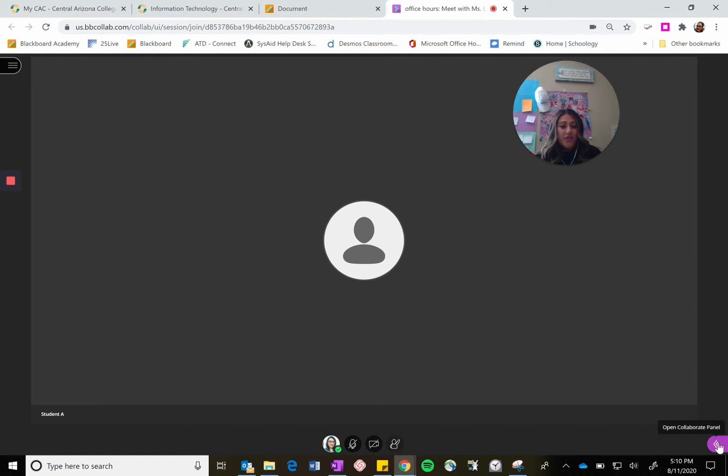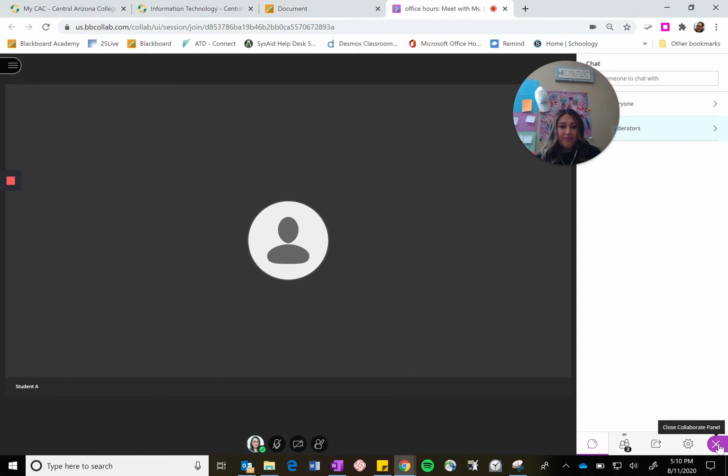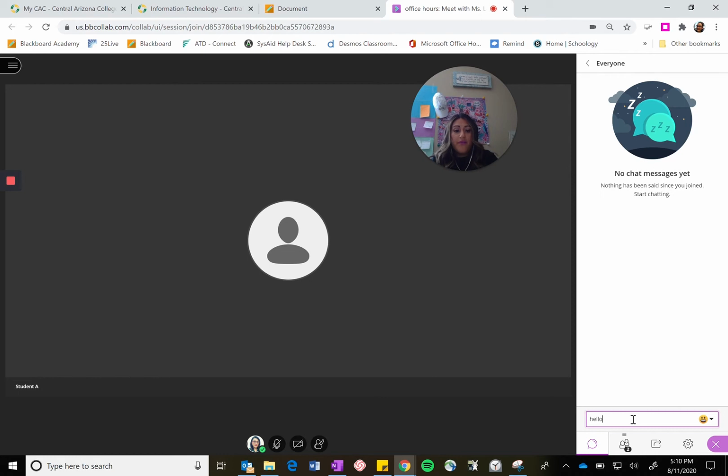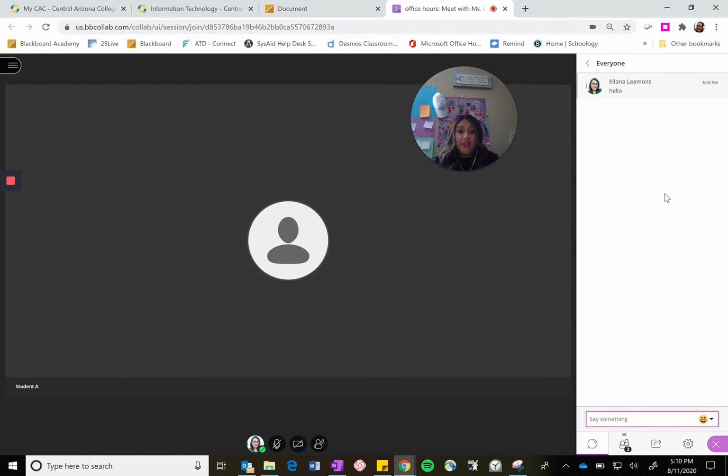Down here, you'll see your Collaborate panel. The first thing you see is this little bubble with the chat box. So you're able to have chats in here. You can send a chat to everyone. If you send it to everyone, everyone in the session will see the chat. If you go back, you can also have the option to message the moderators, whoever is in charge of the